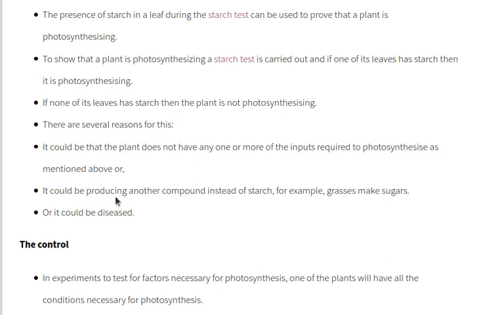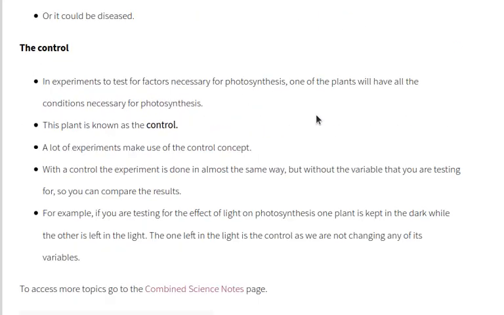It could be producing another compound instead of starch, right? For example, grasses make sugars, right? So we need to do now a sugar test to see whether the plant has actually photosynthesized or not, right? Or it could be diseased. Probably the plant is just sick on its own, right? Then